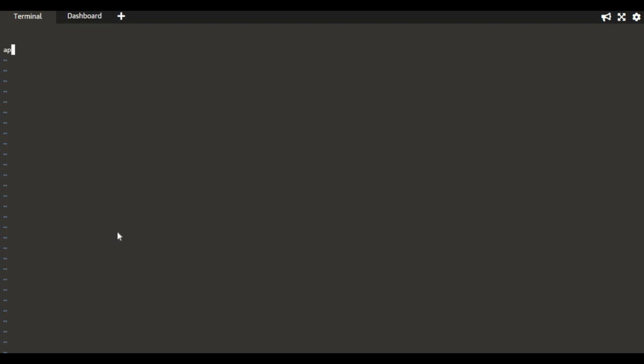And again its API version is v1 and the kind is going to be Pod. Okay, and metadata, for the metadata I'm going to name it Apache. Okay, and spec